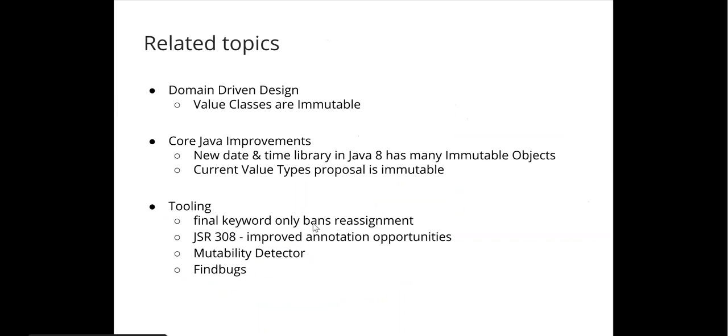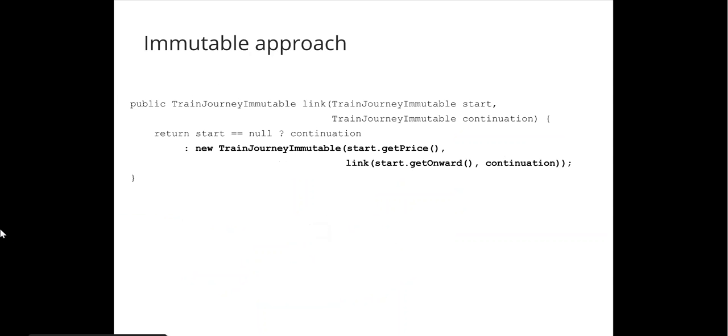So how can we actually implement something like that? Because it sounds pretty good. Well, we can make use of a really neat way of expressing this problem recursively. So we'll start with the starting journey. Obviously, if it's null, it means there's nothing we can link into, so we'll just return directly the continuation journey. Otherwise, we're just going to recursively copy the starting journey and link that up with the continuation journey. So recursively, we can copy all the onward journeys starting at the start. And finally, once we reach null, we can append the continuation journey.